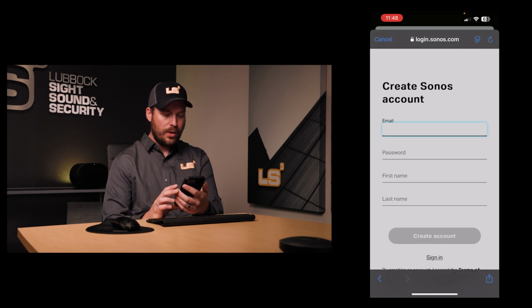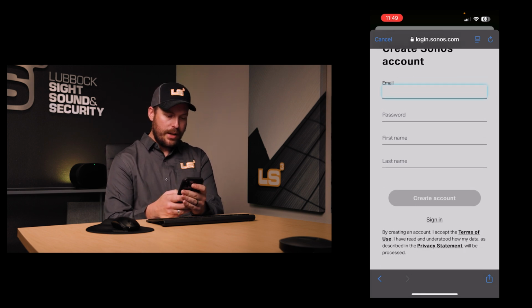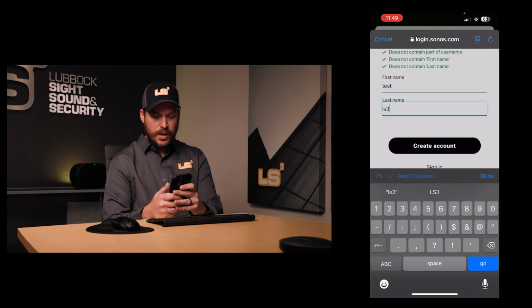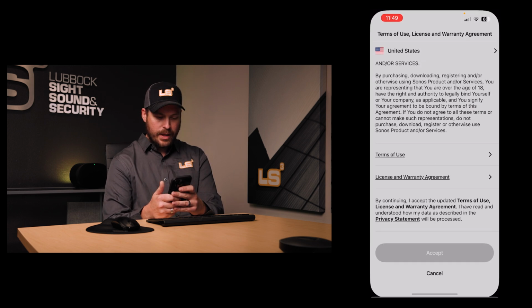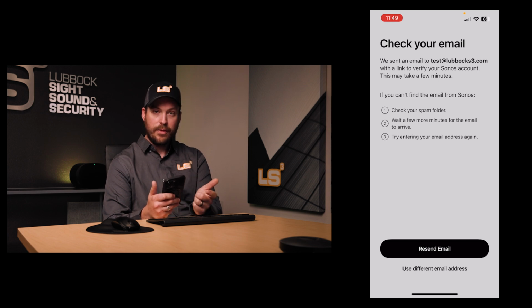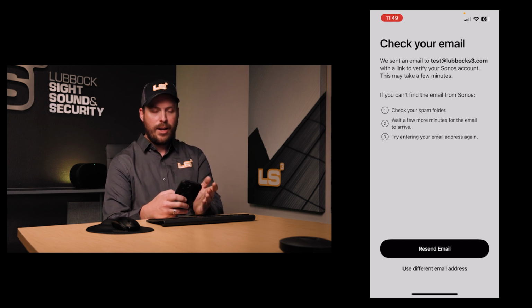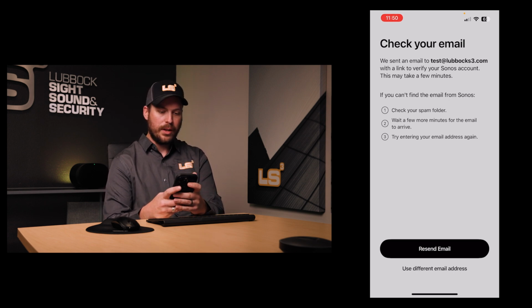and then right here, if you've already got an existing Sonos account, you can click sign in, and that's where you would do that. So you're going to basically hit create account, and then it will send an email off to that email. You're going to open that email up, click verify. As soon as you verify the email, it'll automatically take you to the next page where you can start setting up your Sonos products. So for the sake of this video, I'm actually going to back out and reset the